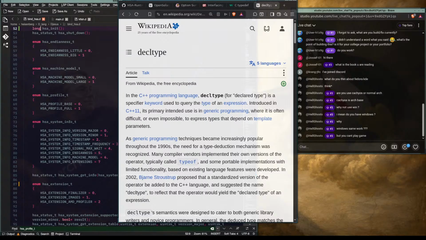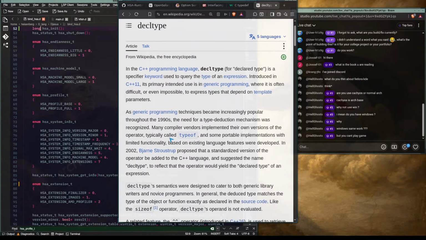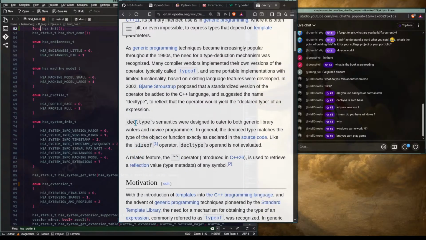That's something we read yesterday. Bjarne Stroustrup proposed a declared type, DCL types semantics, used to cater to both generic library writers and novice programmers. In general, the deduce type mentions the type of